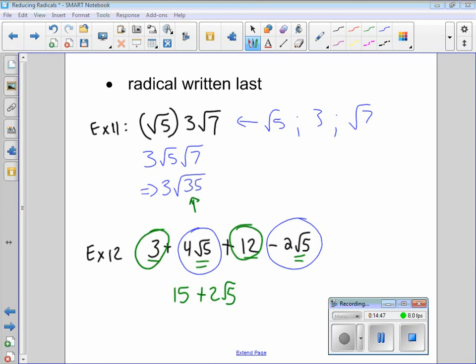Now remember, this is the case where I'm adding, and that was the case where I'm multiplying. When we're multiplying, we took the square root of 5 and the 7 and put them together. But in adding, remember, you can only add like terms. Refer back to one of the very first examples that we did to see how you can't take certain square roots and put them together because they're not the same ones. Okay, that's it. Let's take a look at